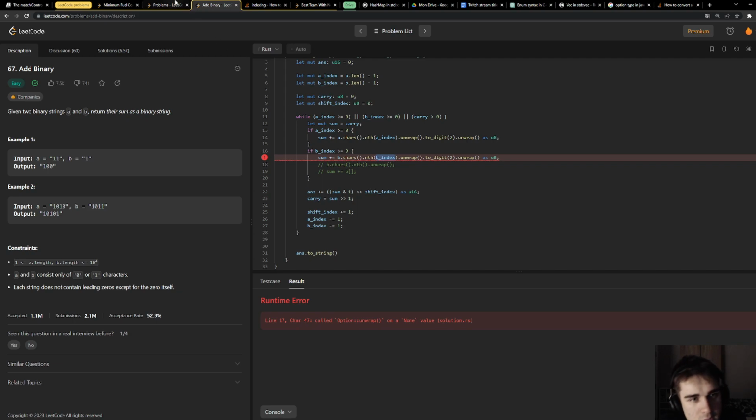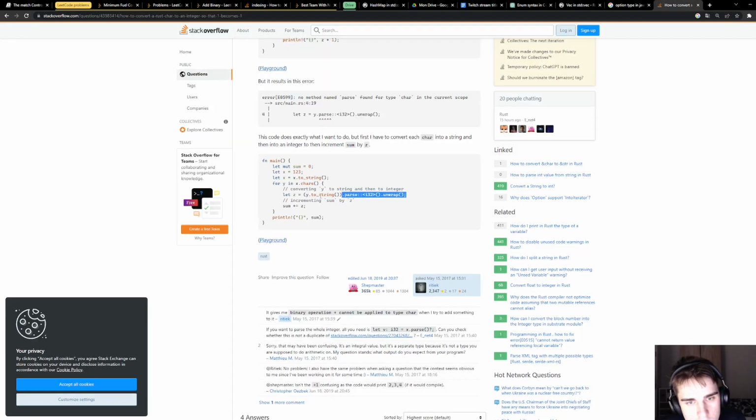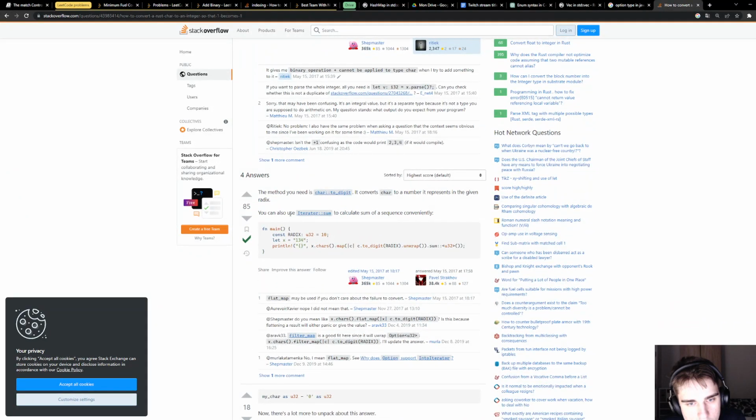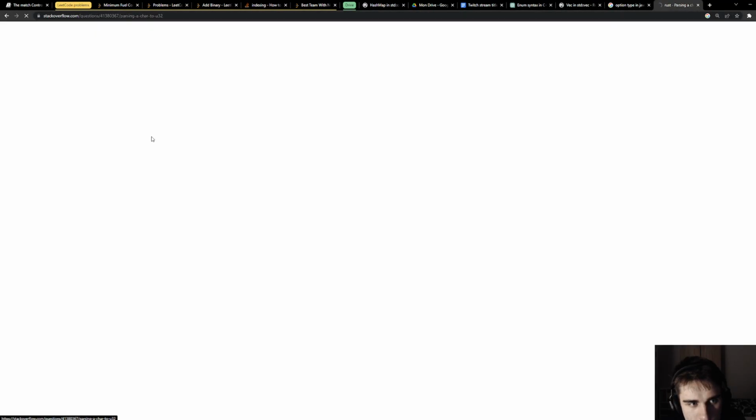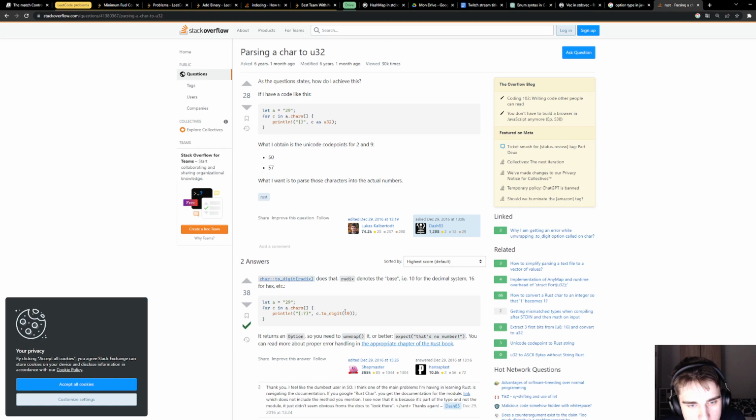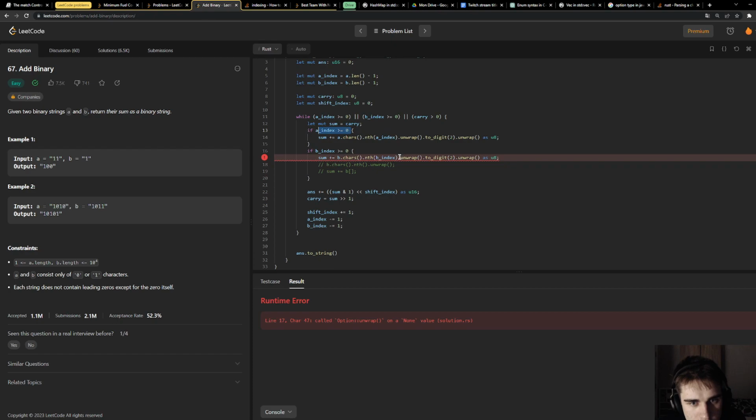That's actually sad because I'm checking that the indexes are above or equal to 0. See the to digit, radix 10. Maybe I can get rid of some unwraps. Unwrap.